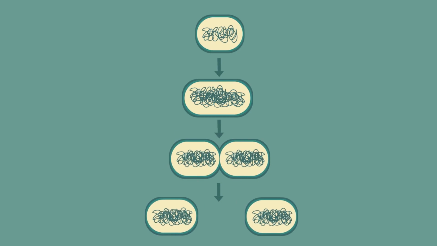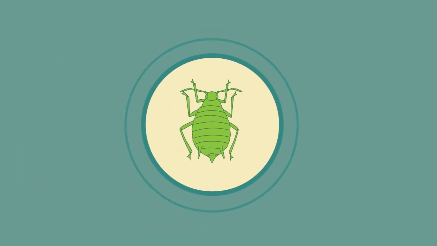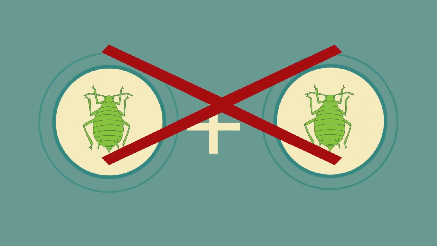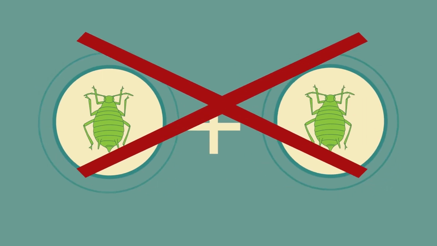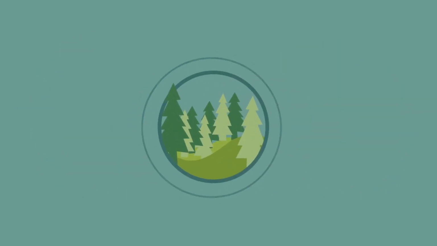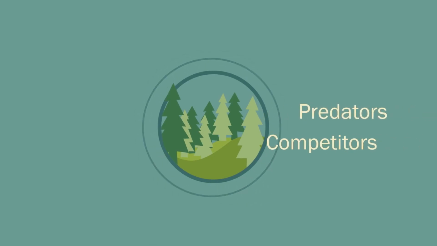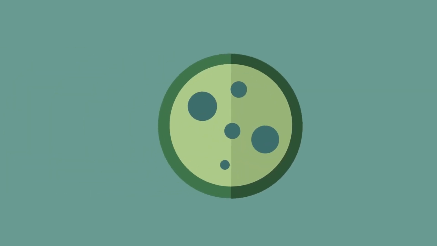Bacteria have the simplest process of all. They just divide as seen in mitosis to form two identical individuals. One major advantage of asexual reproduction is that populations can increase rapidly, as we saw with the 600 billion aphid offspring. They don't have to waste time and energy finding a mate. Also, by being clones, they can exploit a suitable habitat quickly. They fill the niches, making it harder for predators and competitors to invade.